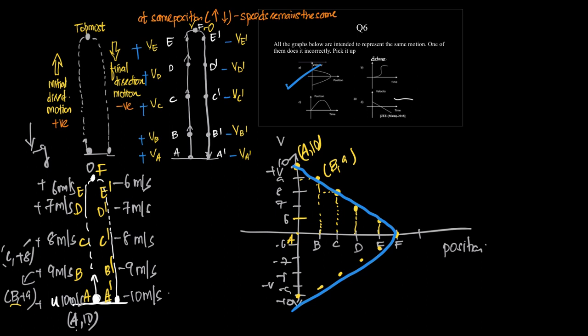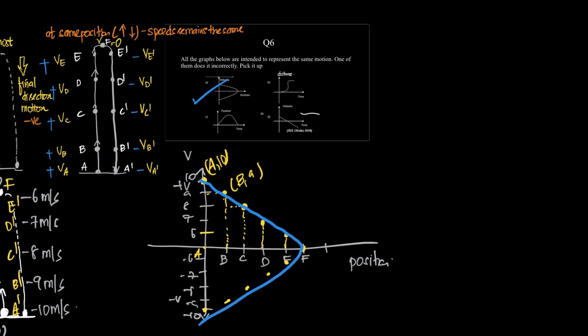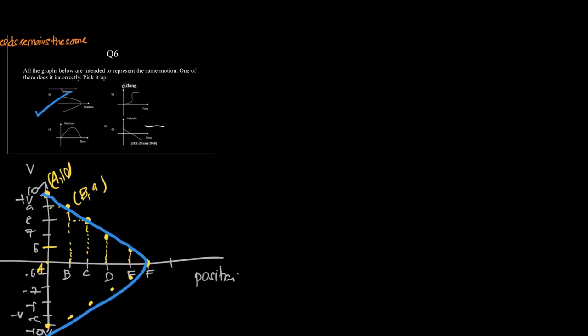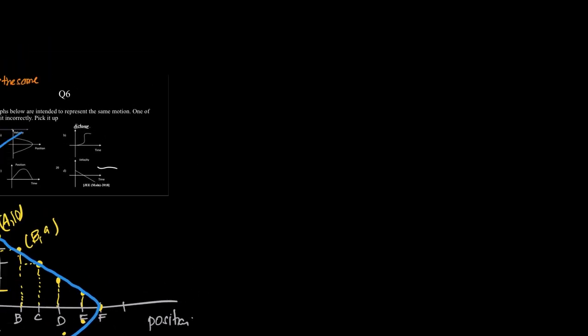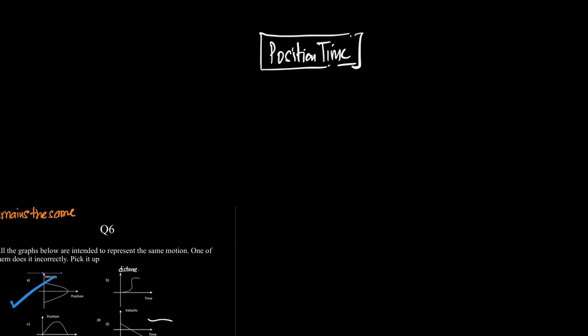Now let us see the relationship with the graph C, which is actually the position time graph, right? Position time graph. So let's draw it here. The position time graph of this object. Now, how do we understand this? By using the same reference diagram, right? So, mind you, it's position time graph. Okay. So, the object is projected,